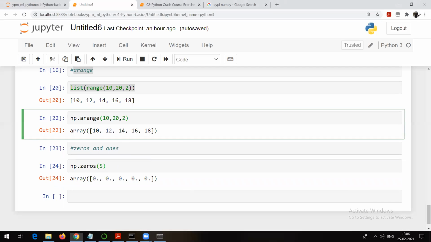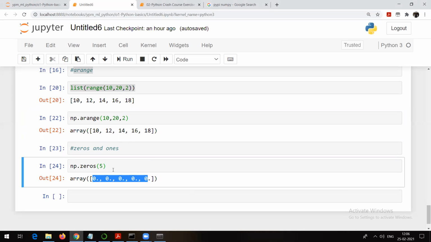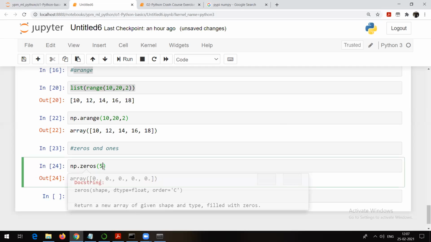Okay, so Sharad is asking why are we getting 0 dot? Because by default in basic Python, as we have already seen, Python is going to give you the answer in case of float or decimal. If you do not want 0 dot, that's also okay. We can handle it. Just go here and change the data type. Press shift tab, and you can change it. By default it is float.